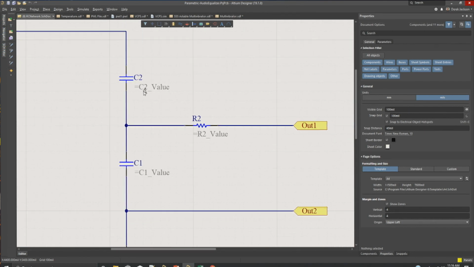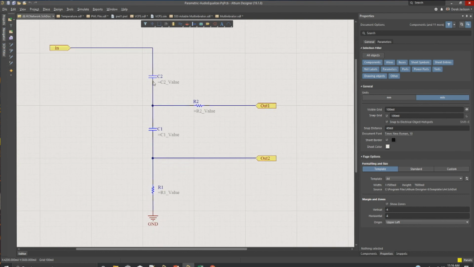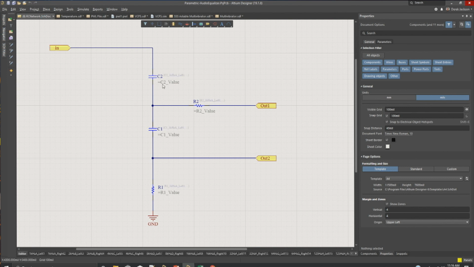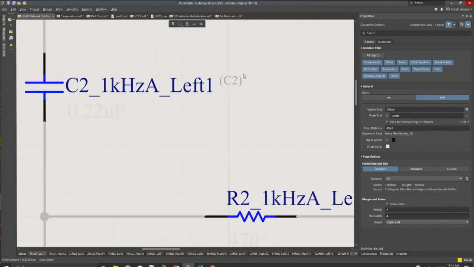See, so down here there's just a simple little filter where you've got the capacitor and the resistors. And this is C2 value, R2 value, C1 value, and R1 value. Now, if I compile this, I should be able to see. Then if you click, see, here's all of the upper level references. If I click on here, I can change the